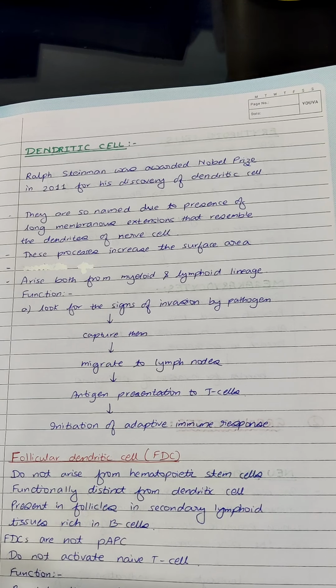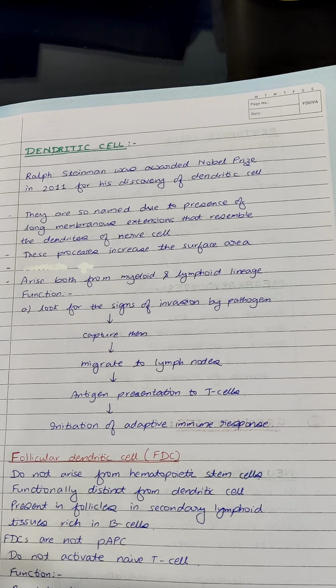They arise from both myeloid and lymphoid lineage, as we discussed in hematopoiesis in our previous video. Their function is to look for signs of invasion by pathogens, capture them, and migrate to the lymph nodes and do antigen presentation to the T cells,